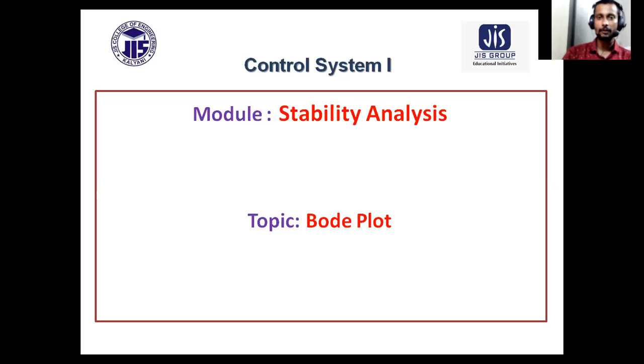In last class we discussed the basic introduction of Bode plot. Why shall we study Bode plot? What is the concept of semilog graph paper? What is the purpose of using semilog graph paper? We also discussed getting Bode plot of a few terms which are associated with the general expression of a transfer function. As we all know, our main objective of studying Bode plot is to determine the stability of a particular system. So by using Bode plot, we would like to get the stability of a transfer function.